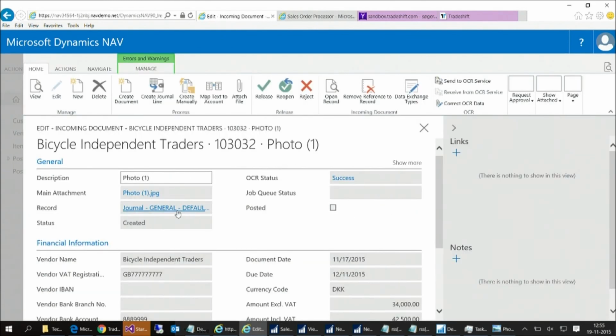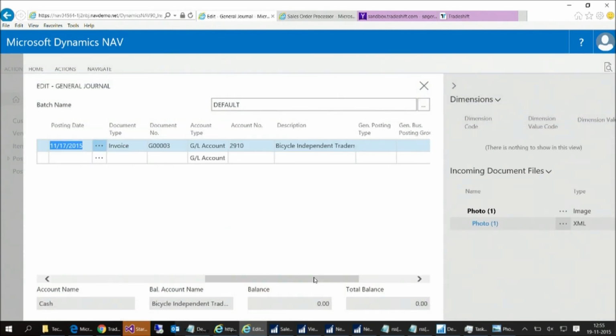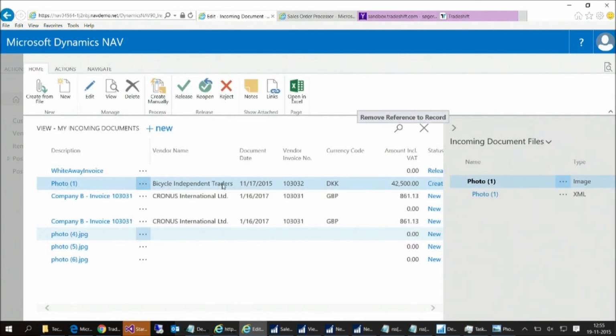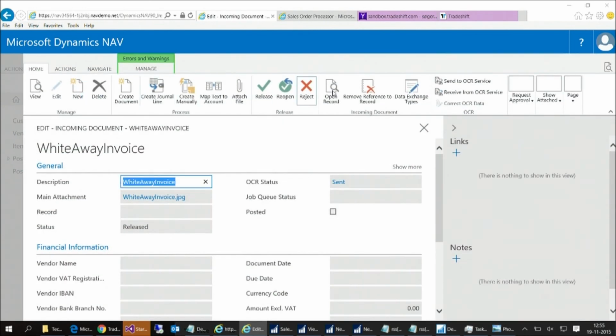So if I open the journal line, you will see that the account is here, and also vendor balancing account was set to the thing that I have specified. So let's see what happened with this one. So if I edit it, and I say receive from the OCR service,